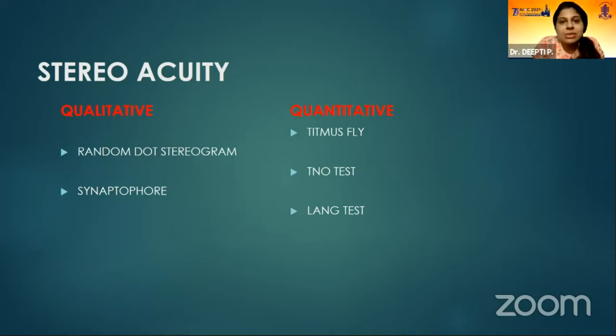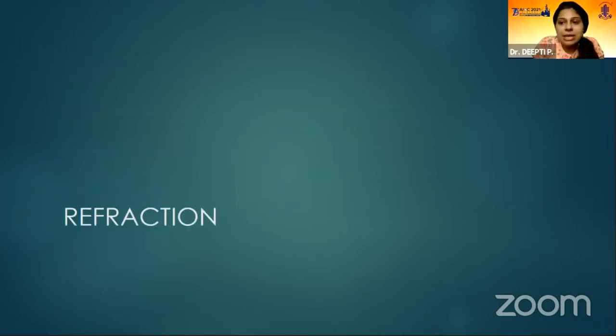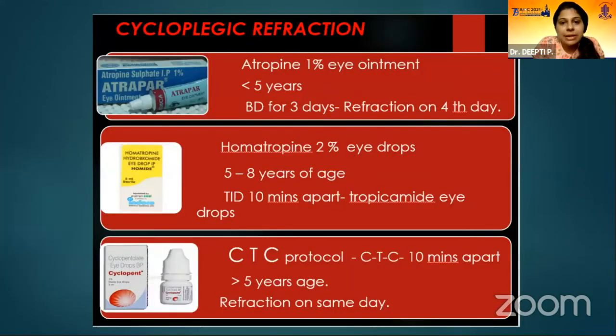The stereo tells us whether to perform the surgery, what would be the outcome of the surgery, and special procedures with respect to surgery when we are doing it. So stereo is a very important step with respect to the evaluation of the strabismus. And finally, how can we forget refraction? Cycloplegic refraction, because the abnormal refraction may be responsible for the squint, and just by correcting this refractive error, you can actually treat the squint to a vast extent in many of the patients.